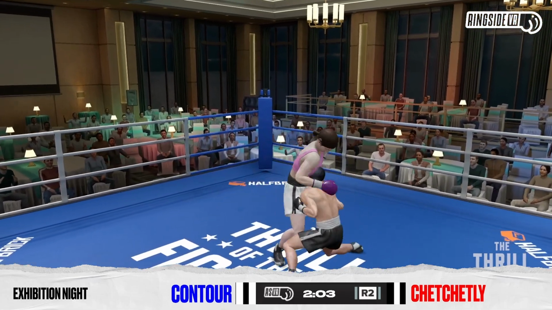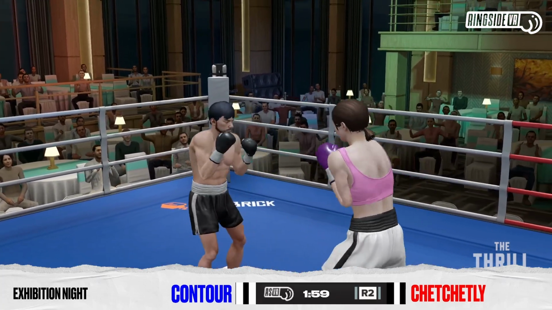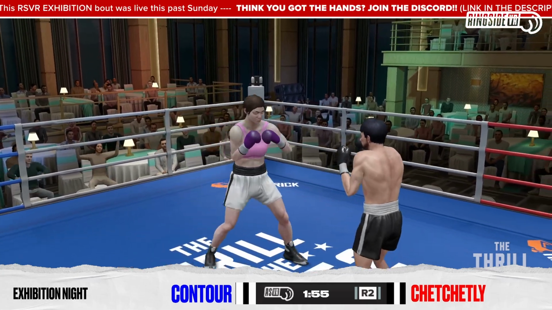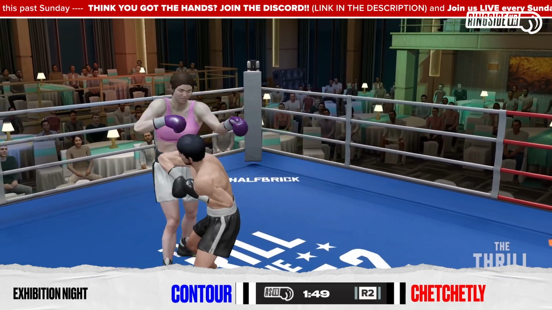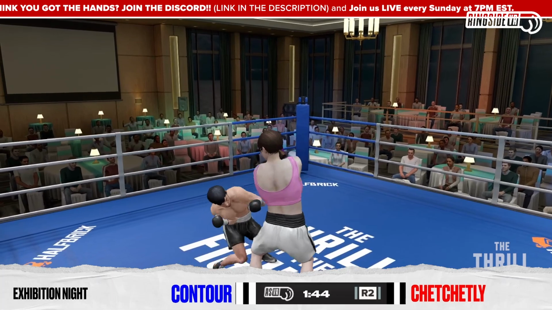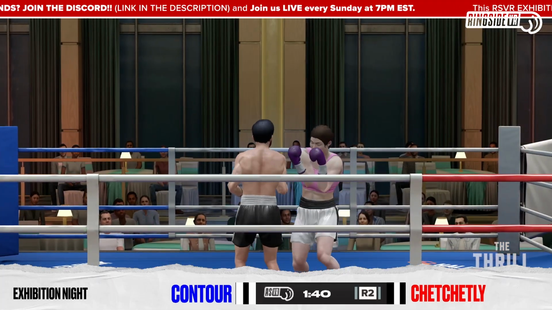So Contour, Chet Chetly, we were having a David and Goliath fight, right? And as you guys said earlier, both fighters have different advantages and different targets, right? If you're Contour, you're the taller fighter, you're going to want to stick on the outside. Contour has the play space to move around and keep Chet Chetly at bay. But at the same time, Chet Chetly, being the shorter fighter, he's got to keep his guard up higher than